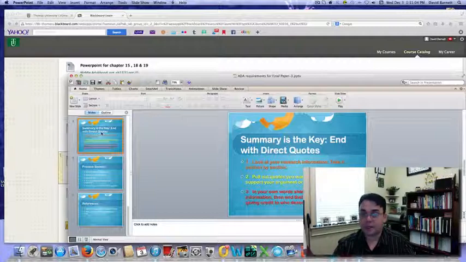So when you're using larger summaries, let's say there's a whole paragraph that you like everything in and you want it in your paper, so it's larger than an in-text quote, just one little quote, you summarize it, and at the bottom, you put it in brackets, and in the brackets you put the author's name, comma, and then you put the date.